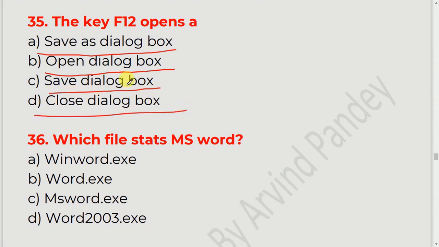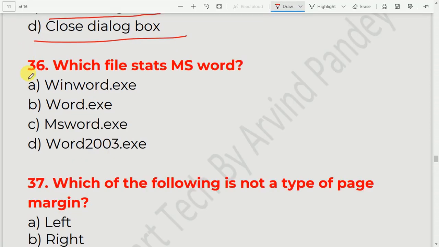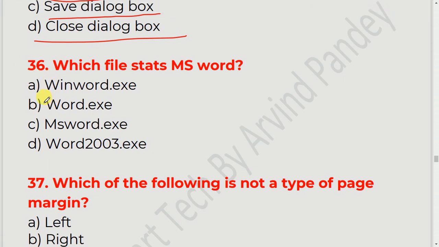And the correct answer is option A, save as dialog box. Question number 36. Which file starts MS Word? Option A windword.exe, B word.exe, C msword.exe, D word 2003.exe. And the correct answer is option A